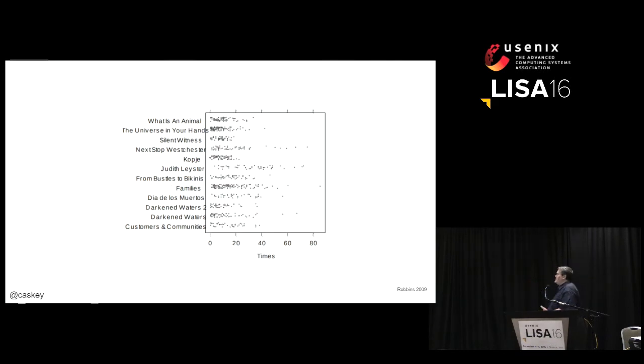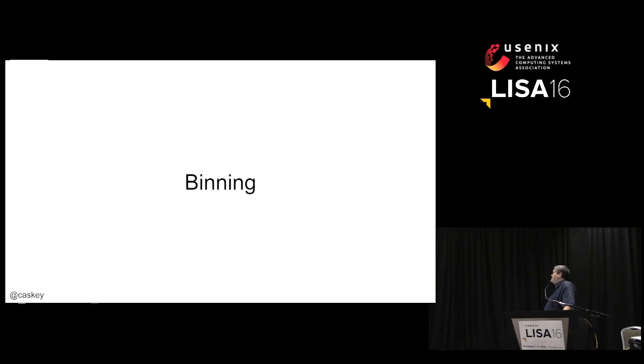When I do this, I can begin to find things like, oh, look at that, there's a lot of clustering at the low end of families. There's a lot of clustering at the low end of the universes in your hands, but it tails off much more quickly than families does. And so on and so forth. So by adding some jitter to your representation, you can retain very simplistic plots, but you get more information out of it and allow deeper readings.